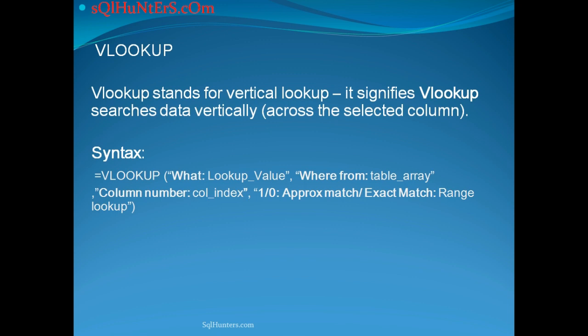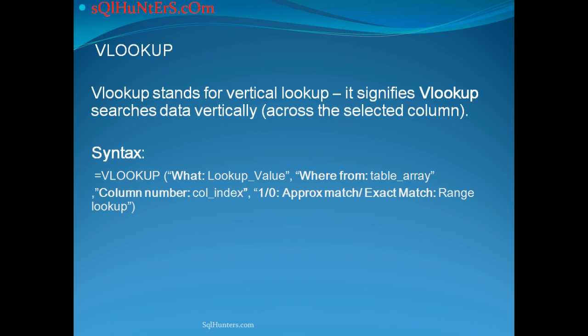So the formula or the syntax of VLOOKUP. It accepts four parameters. The first parameter says lookup value. Lookup value is the value that you want to search. Table array is the second parameter. Table array is the area or the data from where your search would be conducted. Now the column index or the column number is the third parameter. So this is the column number against your corresponding lookup value that you want to fetch out. So I'll be explaining this once we'll be working on Excel.